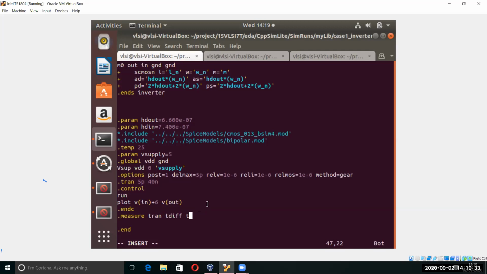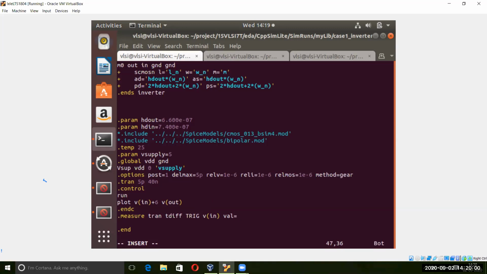So I will write trig and then the input. The syntax you can better follow if you use it in this type of manual. The value is we are interested in the half value, like 50%.